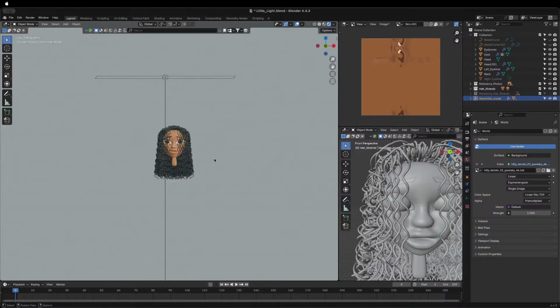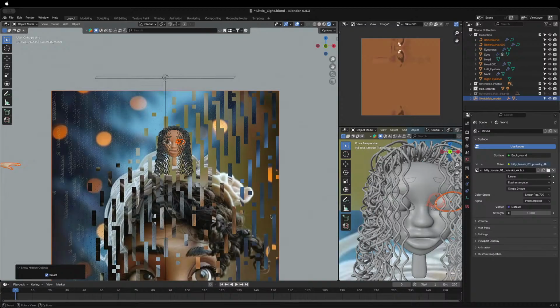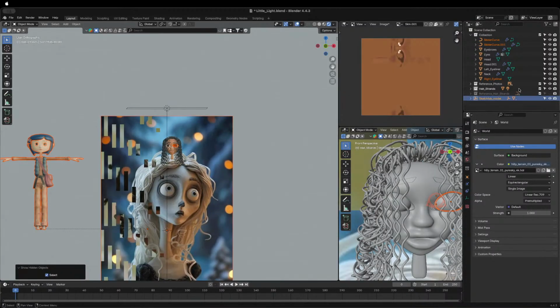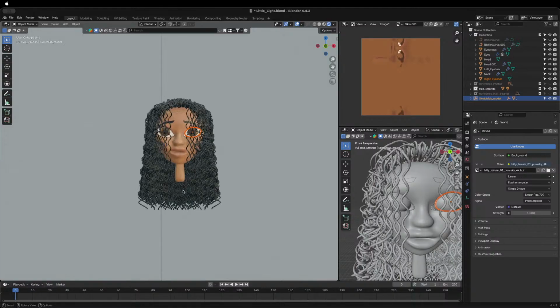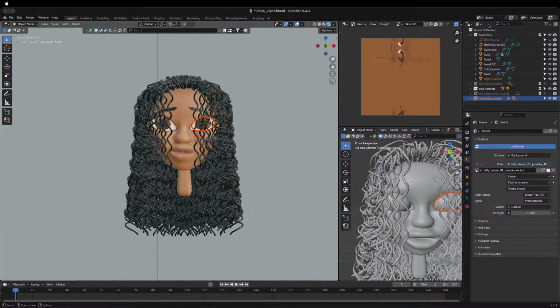Let me see, how do I unhide? Oh, what did I do? Oh, I unhid everything. Okay, well, we can hide the reference photos. We can hide those two things too. What was that? But there's my Coraline. What's this? Oh yeah, we don't need these. The Bezier curves. What else don't we need? Oh, right, the eyeliner any longer either. I thought I got rid of that one. Anyway,